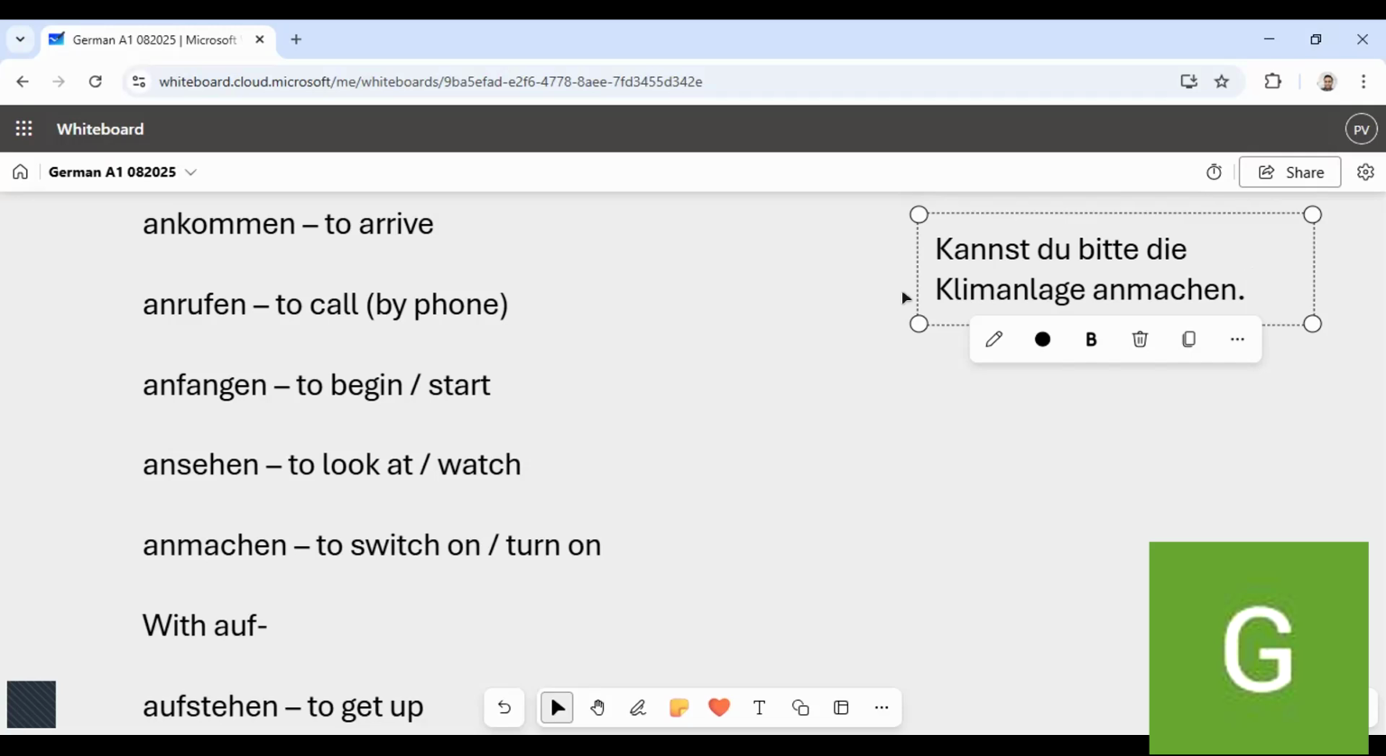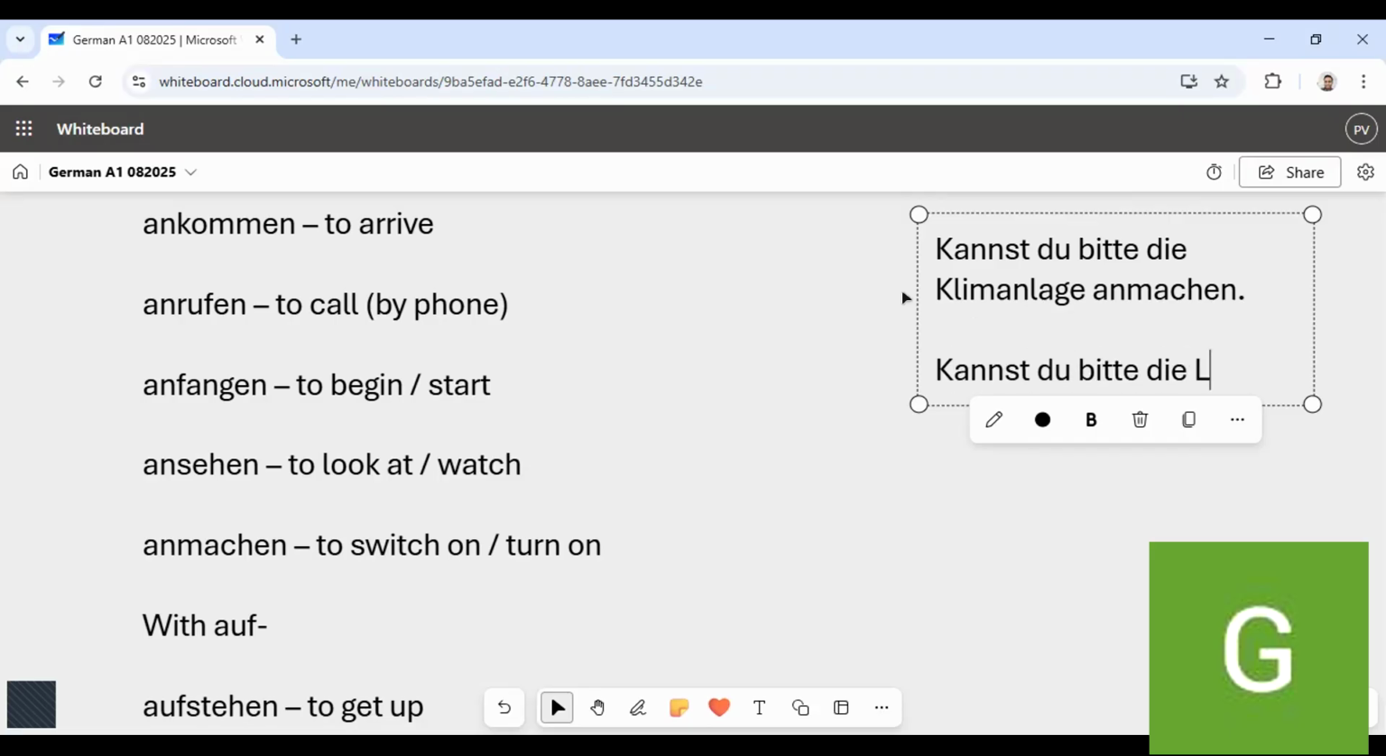If you are good at using modal verbs, it will be easy for you to use the Trennbar verbs, because the verb will be put at the last position of the sentence, and only the modal verb will be conjugated. And if you're good at using the modal verbs, you can easily form sentences with these Trennbar verbs. Suppose you want to say, can you please turn off the AC? Then you can say, kannst du bitte die Klimaanlage